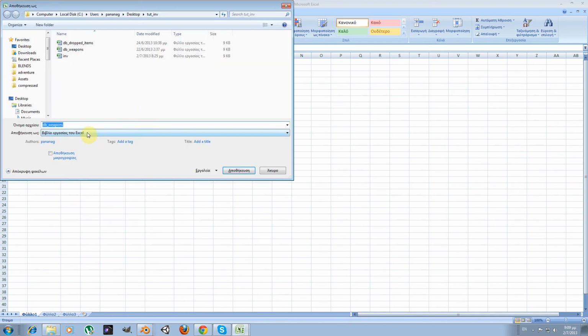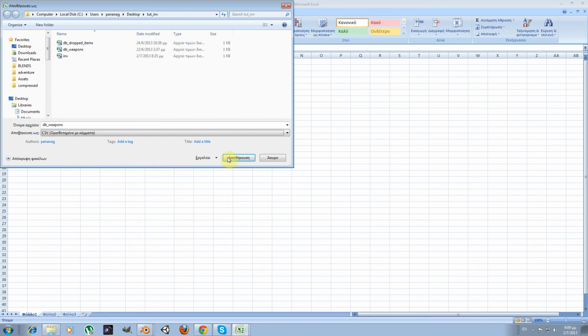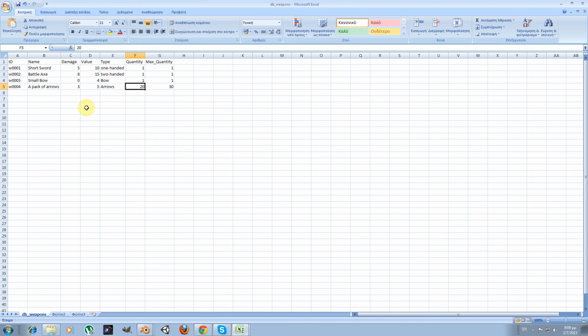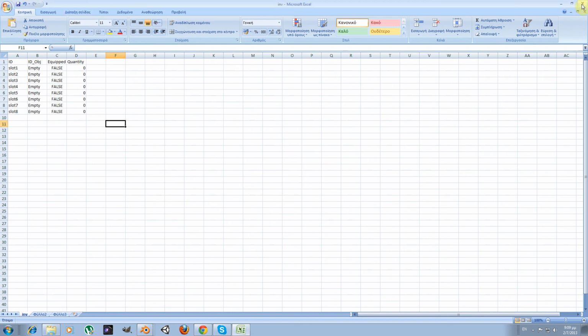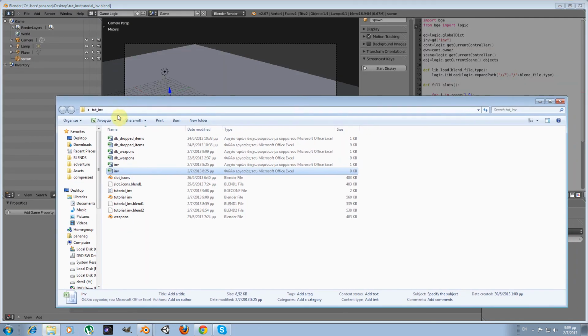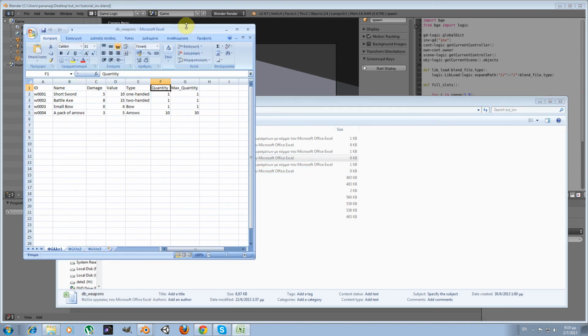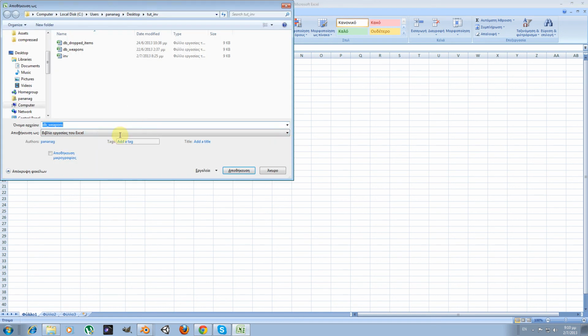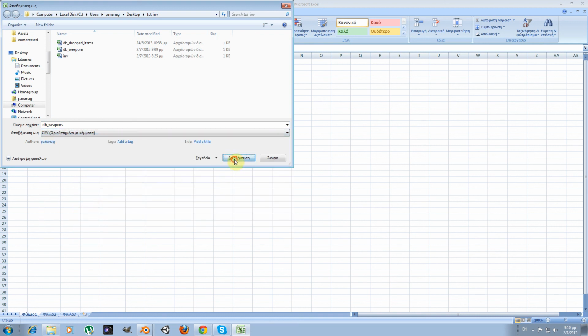Export to CSV file, save, yes, okay, yes, and I hope this is the correct file. I'm going to make sure it is the correct file, because I have, okay, yes, here we are, tutorial inventory, and db weapons. Okay, here we are, and change this. Okay, it proved that this was not the correct file. Okay, press this, export to CSV, yes,